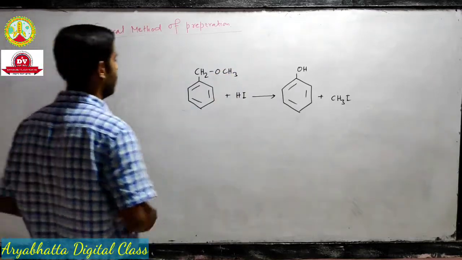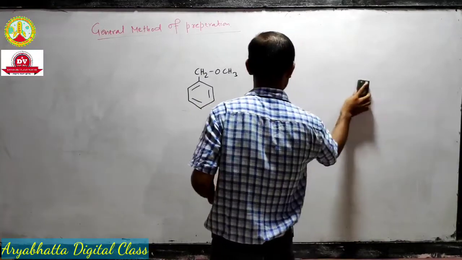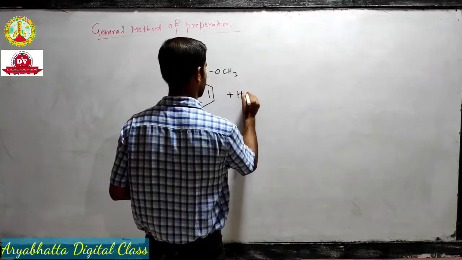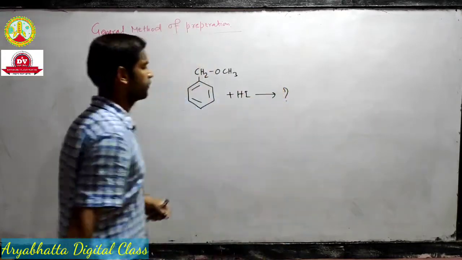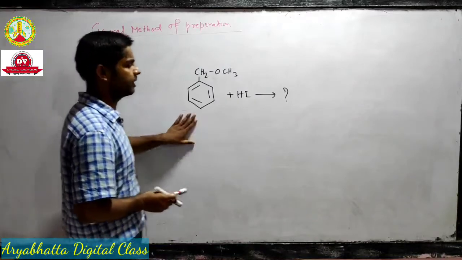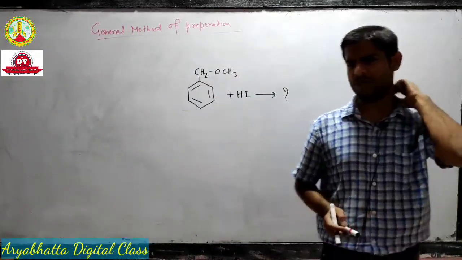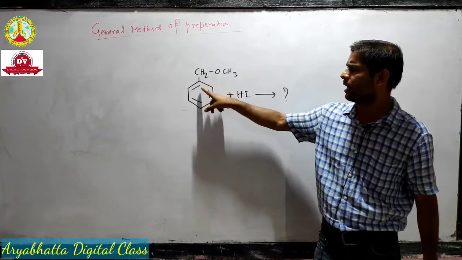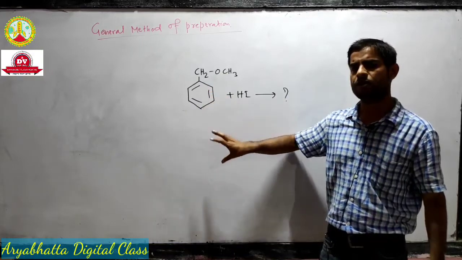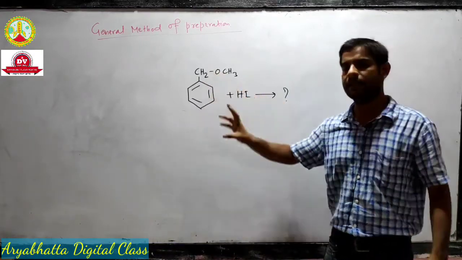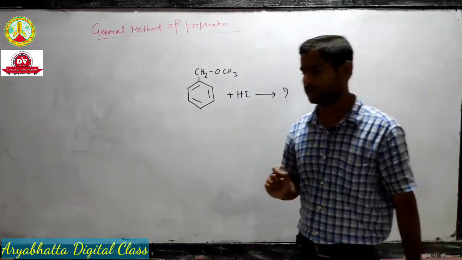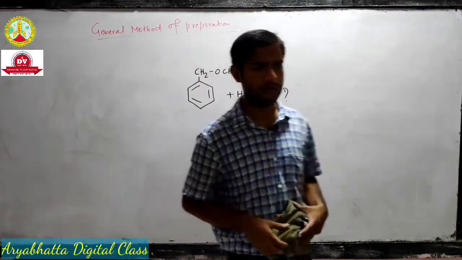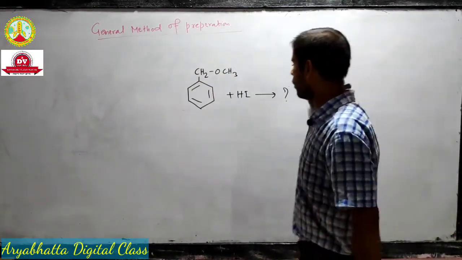And you will have to tell me what will be the product of this reaction. I have changed the molecule a little bit. In anisole, the oxygen was directly connected to the benzene ring, and this time I have taken a benzyl carbon and connected it to the oxygen, so you have a benzyl carbon in this reaction. So go for it.